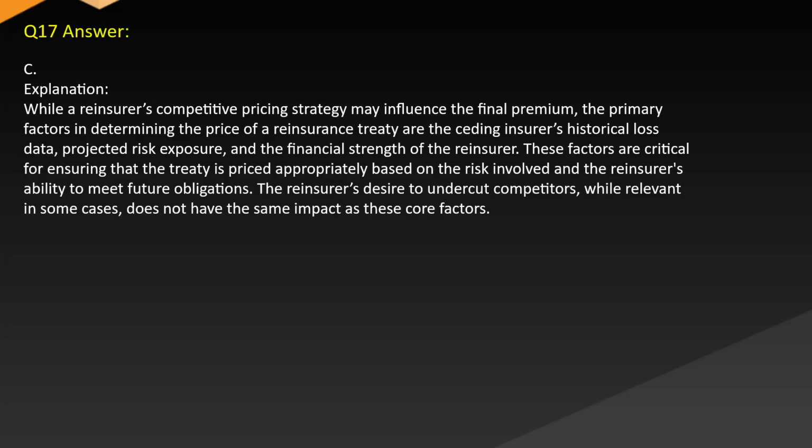Correct answer C. Explanation. While a reinsurer's competitive pricing strategy may influence the final premium, the primary factors in determining the price of a reinsurance treaty are the ceding insurer's historical loss data, projected risk exposure, and the financial strength of the reinsurer. These factors are critical for ensuring that the treaty is priced appropriately based on the risk involved and the reinsurer's ability to meet future obligations. The reinsurer's desire to undercut competitors, while relevant in some cases, does not have the same impact as these core